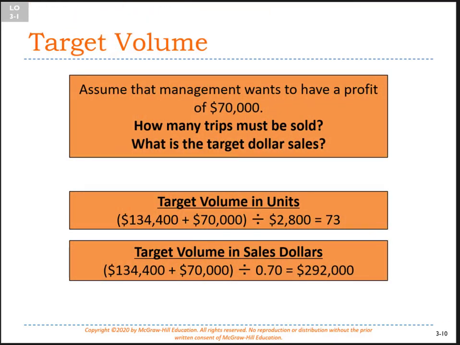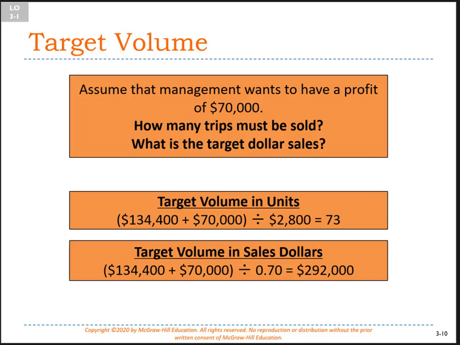And if we want to make a profit of 70,000, we've got to sell 292,000. Now think about that for just a minute. Our contribution margin is 70%. So if we increase our sales by 100,000 past the break-even point, we should have a profit of 70,000, 70% of